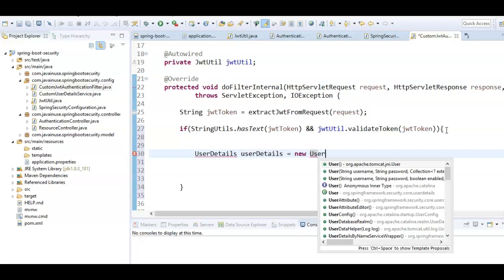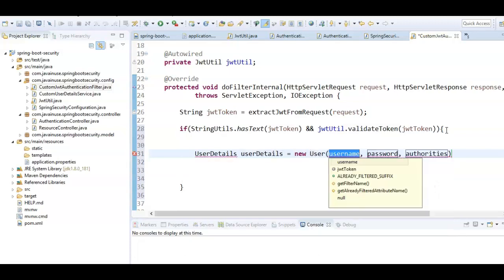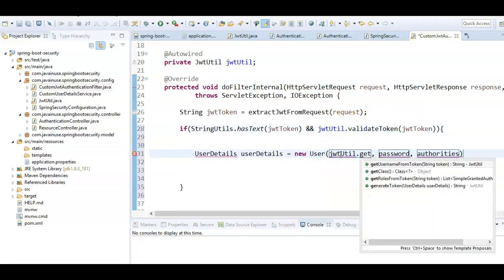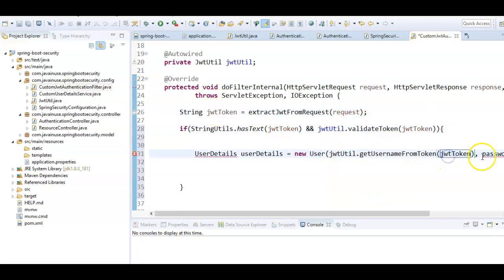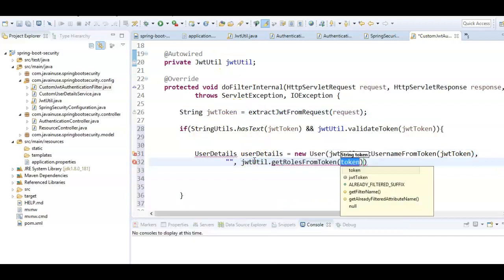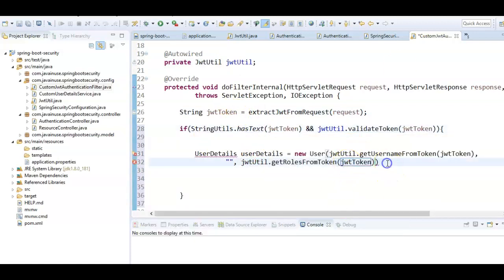The user object will need 3 parameters: the username, password and authorities. So using the jwtUtil.getUsernameFromToken, we'll be getting the username. The password we'll be keeping as blank, and again from jwtUtil.getRolesFromToken, we'll be getting the roles. Next, using the created user object, we'll be creating the username password authentication token.